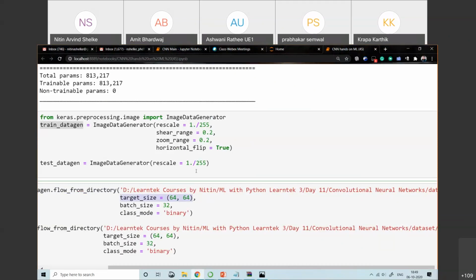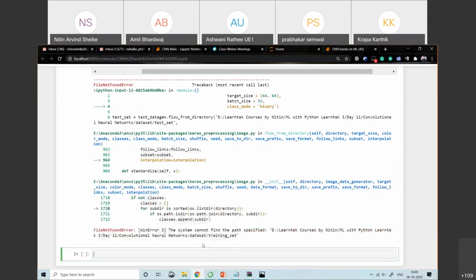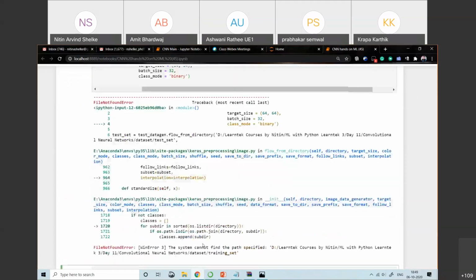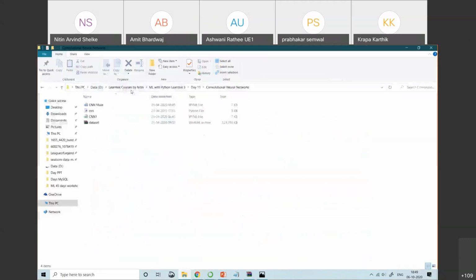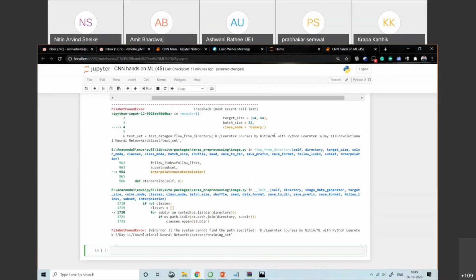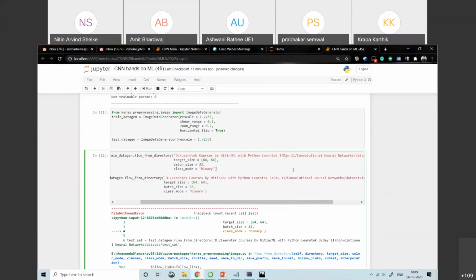In the input shape also we have taken 64 by 64. The batch size that I am considering here is 32. Then the class mode that I am using is binary, as it is a binary class classification. So let me execute this one. Now the system cannot find this, so I need to change the path. So somehow I have changed this, so I'm adding this path.